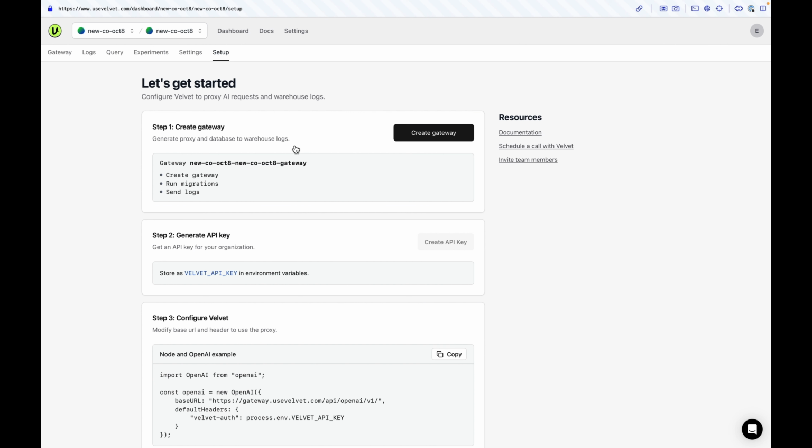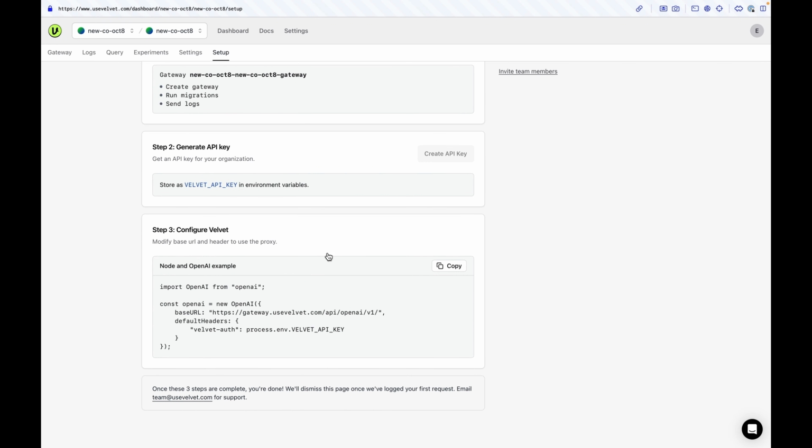These managed deployments are optimized for scale, latency, and compliance. Next, you'll generate an API key, and then you'll add Velvet's base URL to your code base in any programming language. Velvet acts as a proxy between your app and any model, so you can analyze, evaluate, and fine-tune your